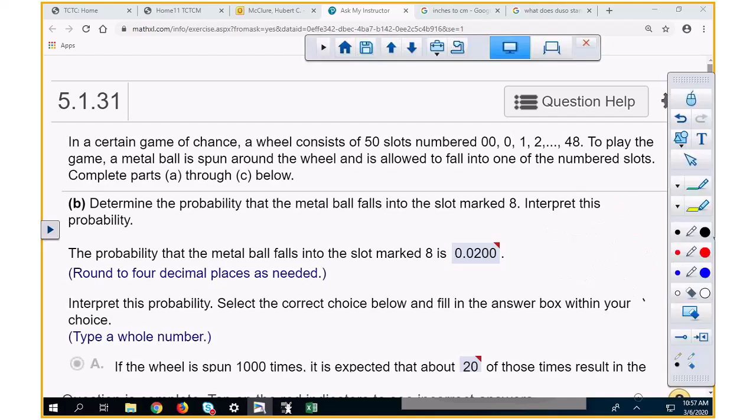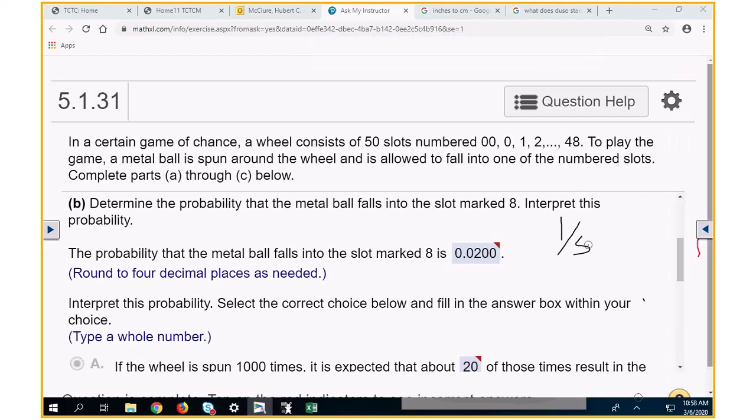So winning is 1 out of 50. And losing is 49 over what? So now you can figure your odds if it asks, but somebody take 1 divided by 50, and it should come out to be 0.0200. Okay? If the wheel is spun 100 times,